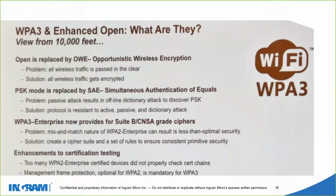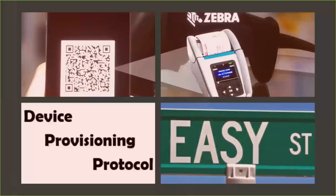So again, we're really trying to secure those devices a little bit better. We're also getting the Suite B, C, and SA grade ciphers. I won't go too far into that. And we're also getting a lot of enhancements into certification testing. Now that's a quick view, but one of the things I really wanted to go over was this DPP, or